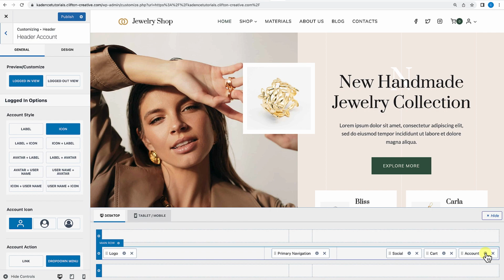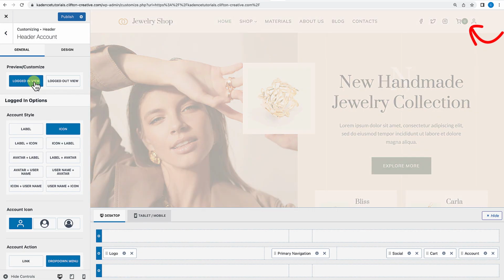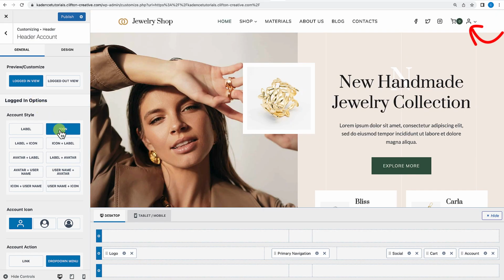It could also be a membership website. As long as you have the Kadence Pro Theme Addon installed, you will have access to the additional item, including the account item. You get to customize the logged in view, and you can customize the logged out view as well. So if you take a look at the logged in view,